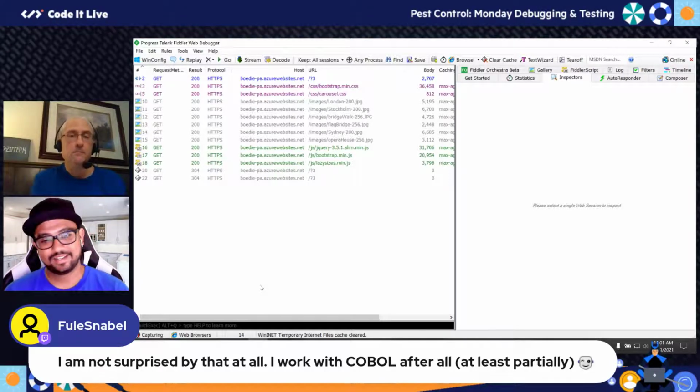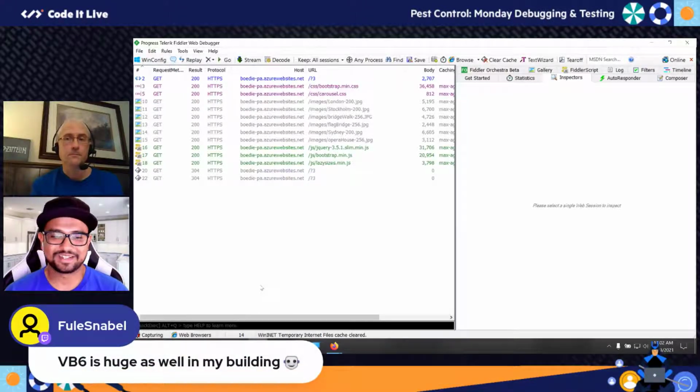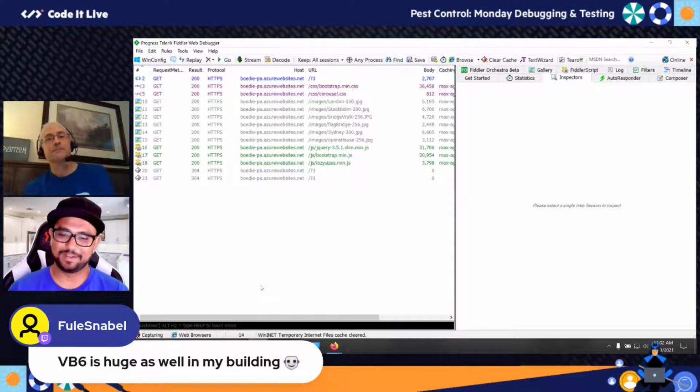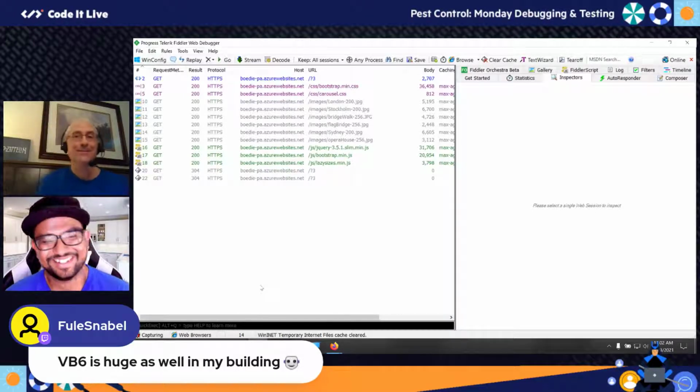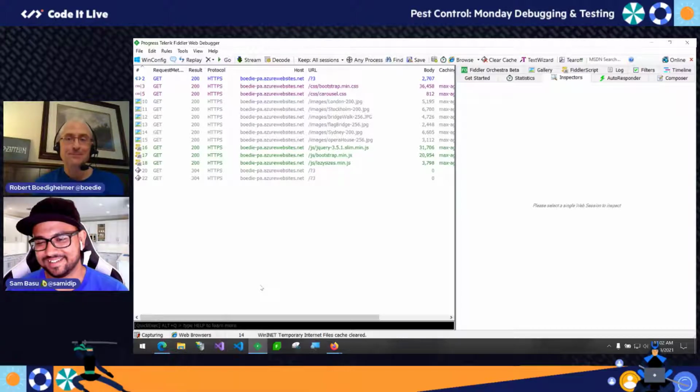So that's the reality. Modern enterprise development is lots of different devices, lots of frameworks and platforms, and different types of browsers. And a tool like this, which is really low key in terms of a proxy, lets you have full visibility over everything. VB6 is also big. You may need some hugs here with COBOL and VB6, but yeah, we hear you.